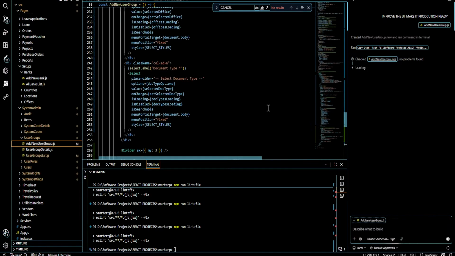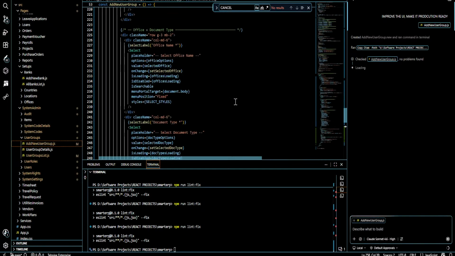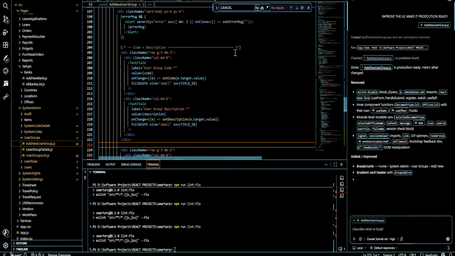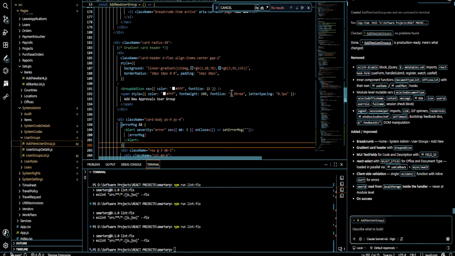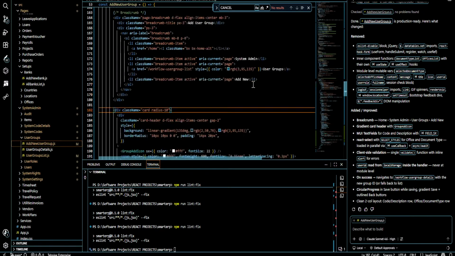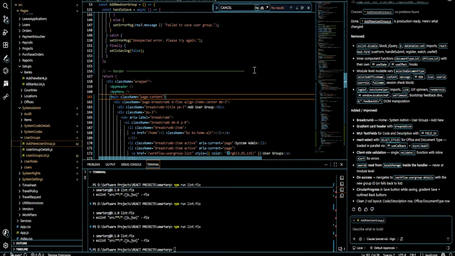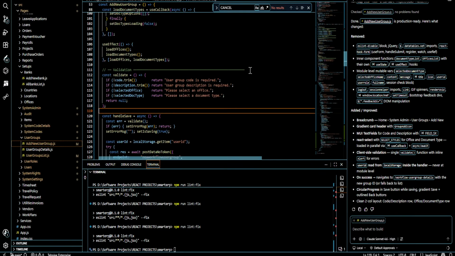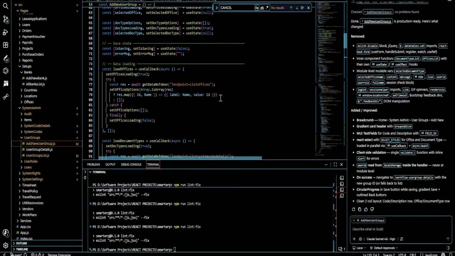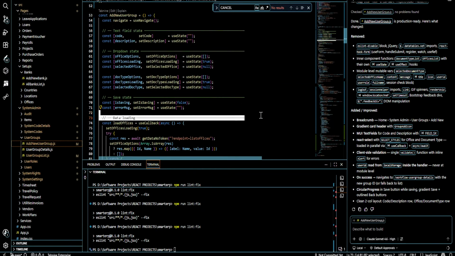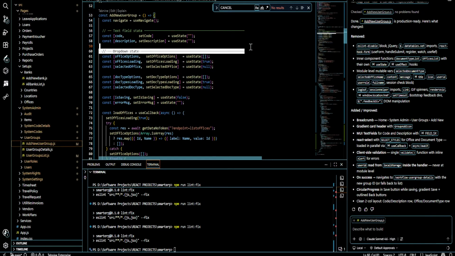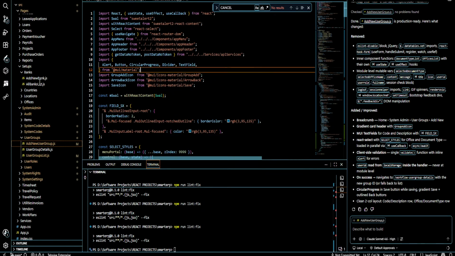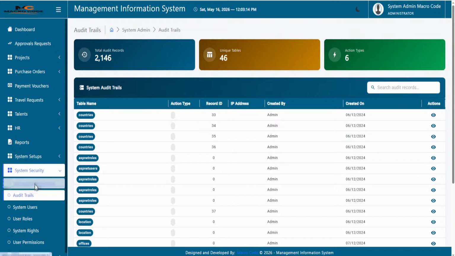So this is how our add user group looks like. You have select options, text inputs, cards, breadcrumbs, and we have save and the validations. Then we have states. That's fine. So if we go now to our add user group,